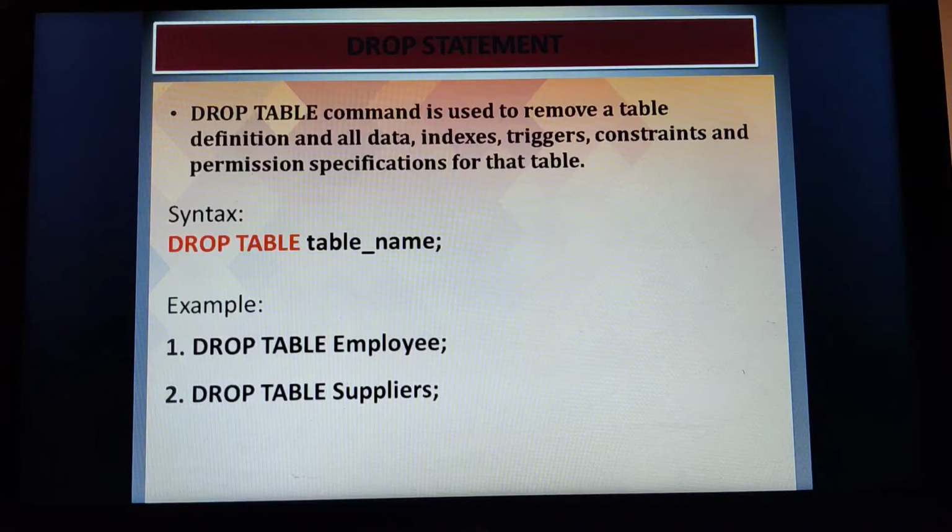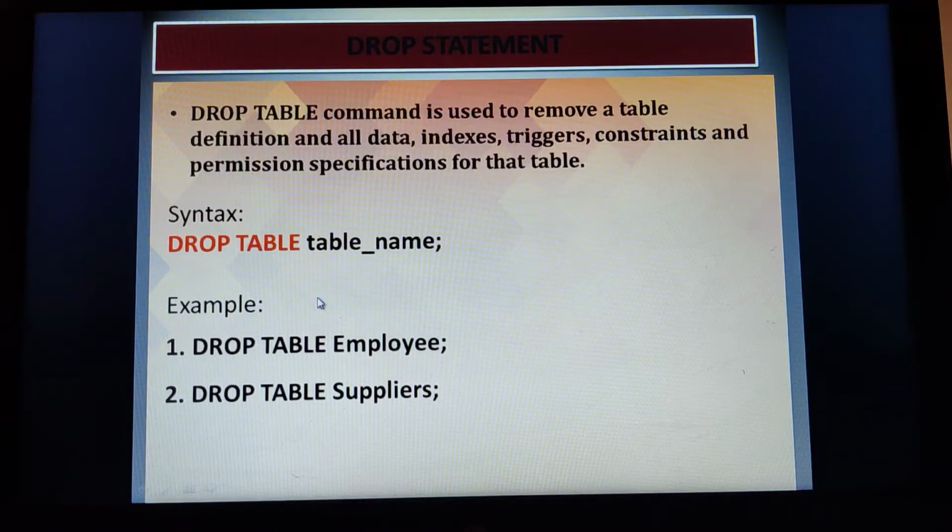Just now with ALTER TABLE we have seen how I can delete a particular column by using the DROP command. In the same way, with the triggers and indexes and all, we shall see in the next videos. You just need to understand that it is used to remove a table definition and all its data.